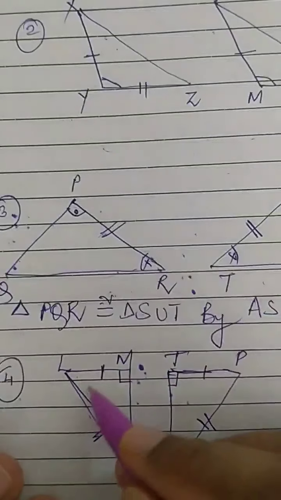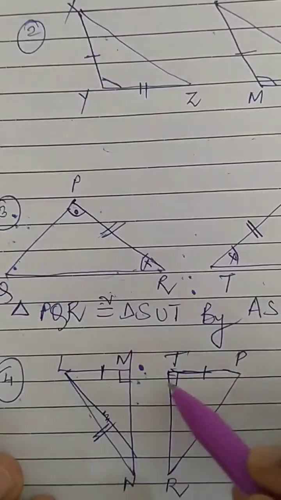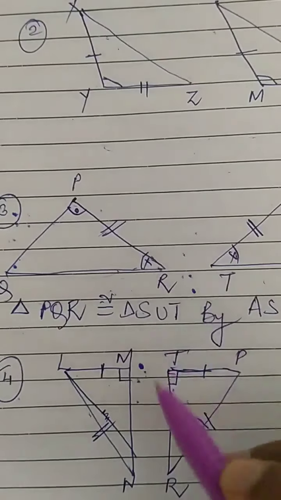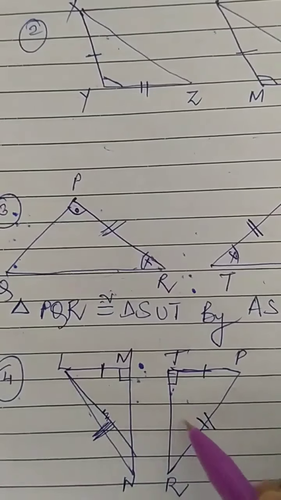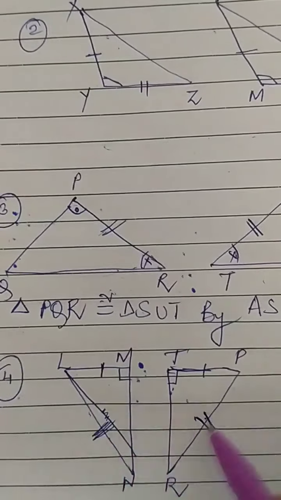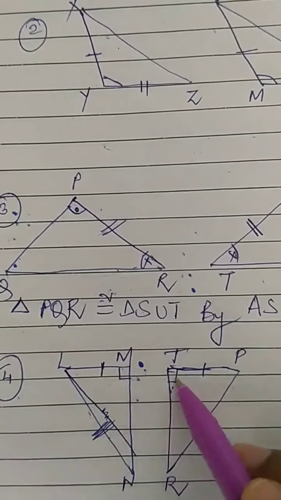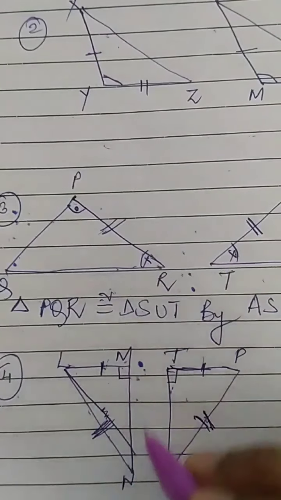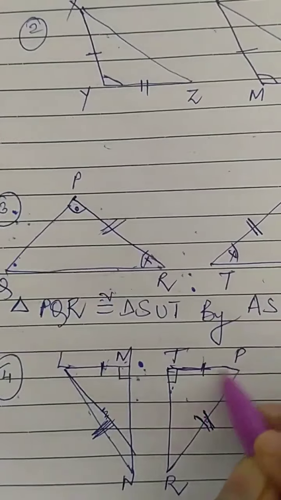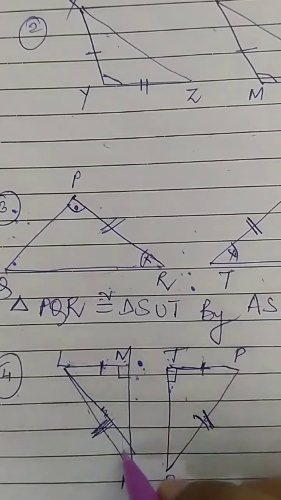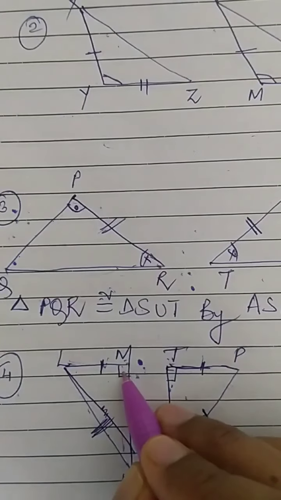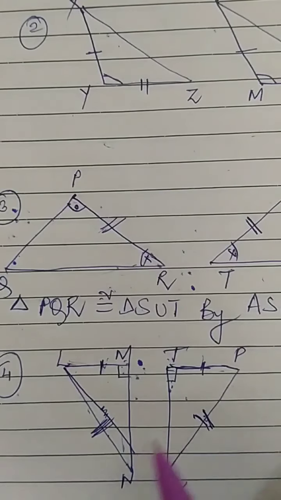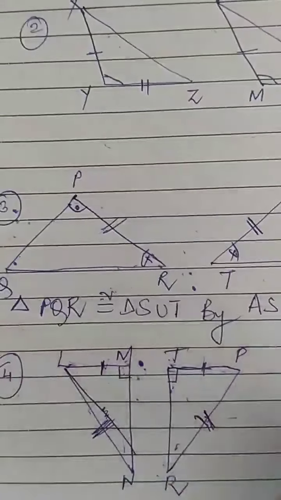And as you can see this figure, this was by mistake. You can see both are right angle triangles. So first you should check for hypotenuse side test. In hypotenuse side test, one hypotenuse will be congruent to the other hypotenuse. Yes, correct. Both the angles 90 degrees and one side will be congruent to the other side. So here triangle LMN congruent to triangle PTR. Same way you have to name. LMN, single marked to right angle. PTR by hypotenuse side test. Draw the figure and write the name of the test.